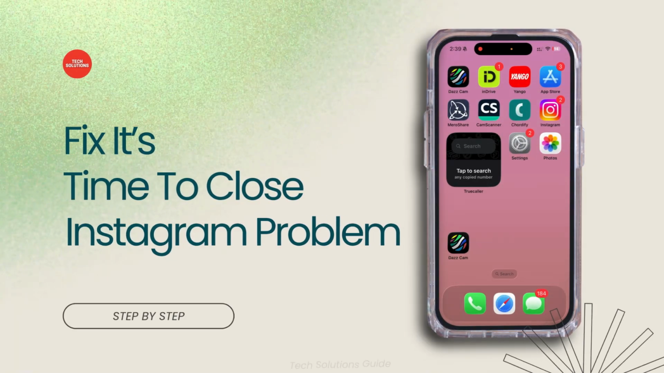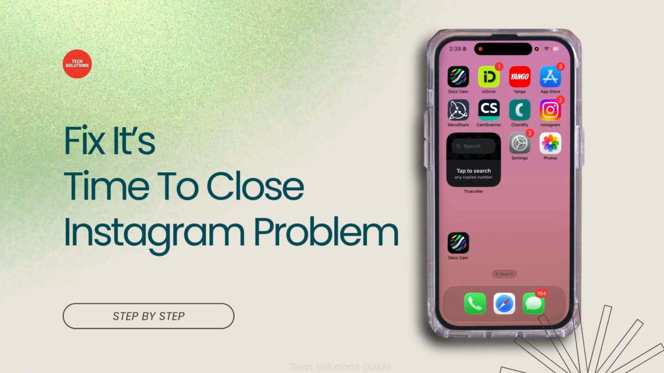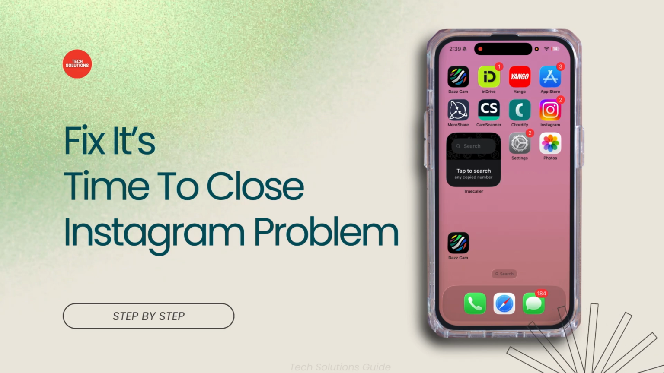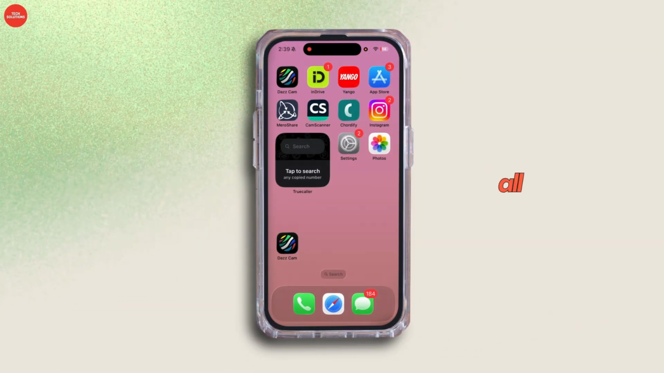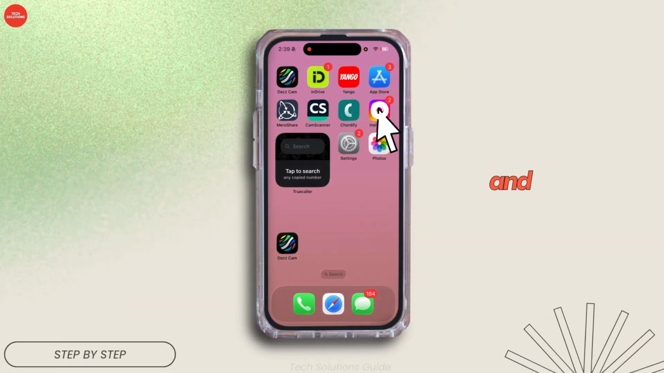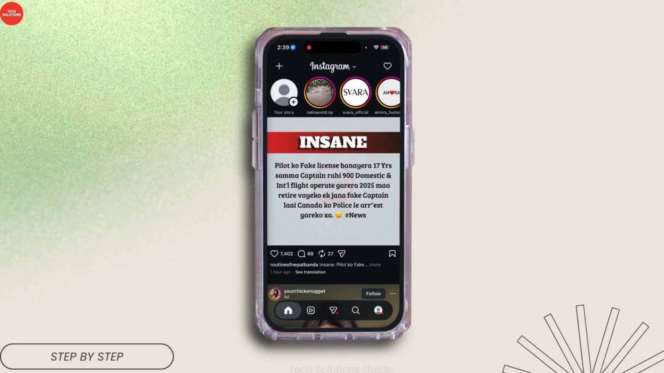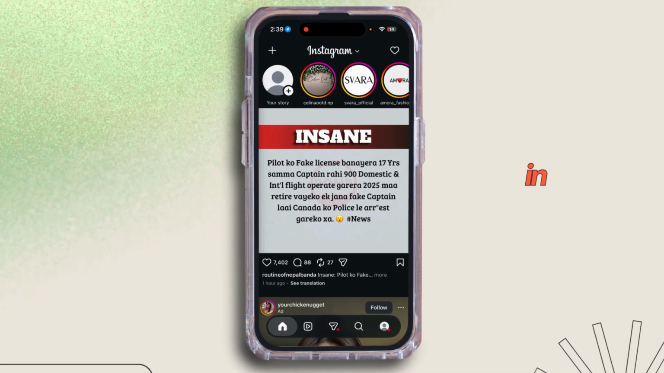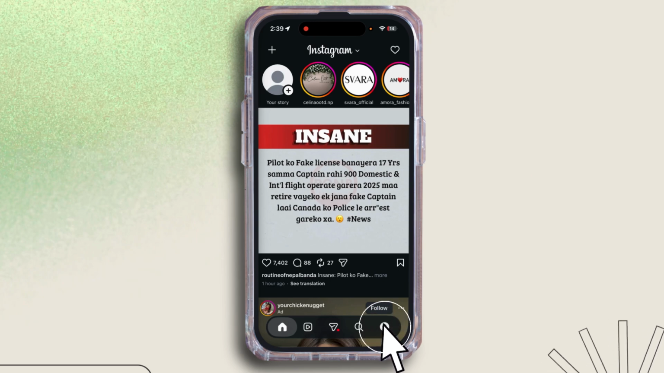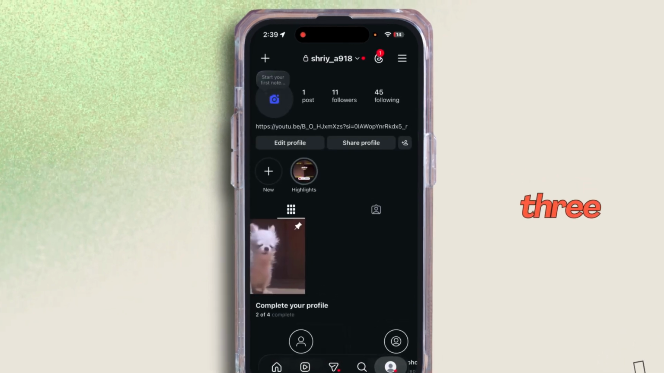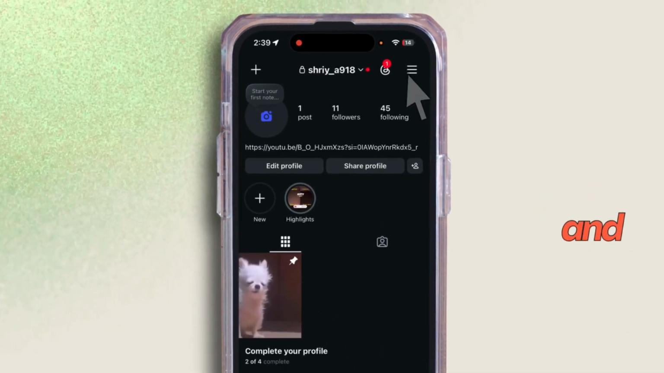Hello everybody, in today's video I'm going to show you how to fix the "It's time to close Instagram" problem. So first of all you need to open the Instagram app, and after that you can go to your profile in the bottom right and select the three-lined icon in the top right corner,